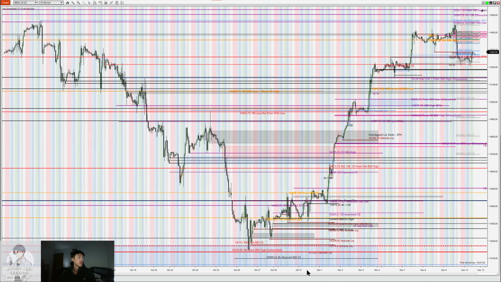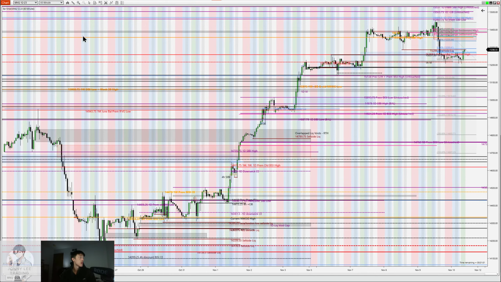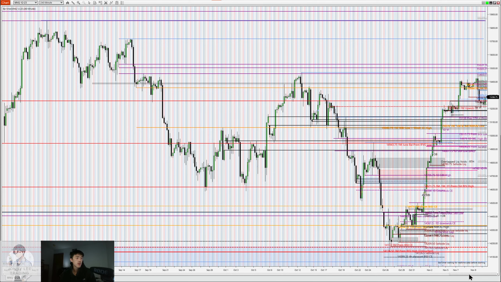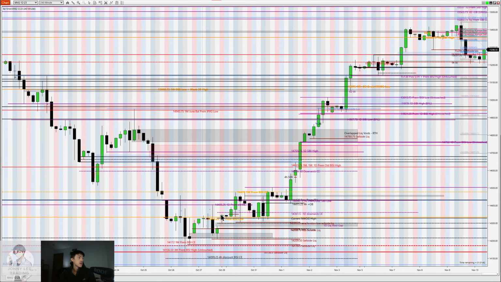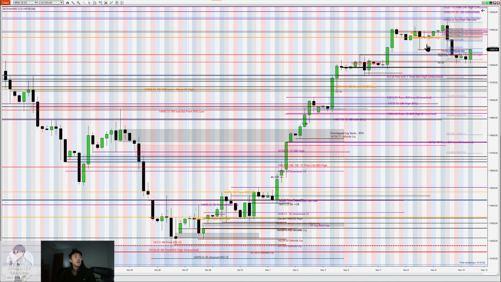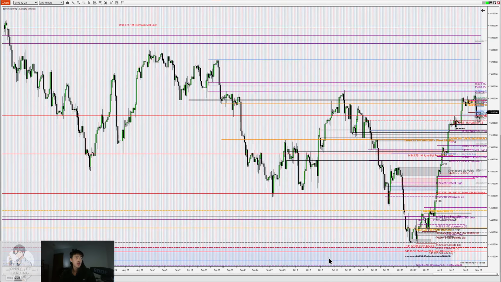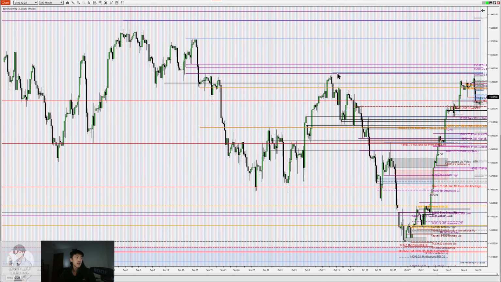If we look at the grand scheme of things, let's go up to a 4-hour chart just to be very clear. So we've had higher high, higher low, higher high, higher low, higher high, higher low, higher high, higher low, higher high, lower low. So what we want to see is a lower high here, and then we want to see evidence that we can continue downwards and maybe leave these relative equal highs to be taken out at another time.